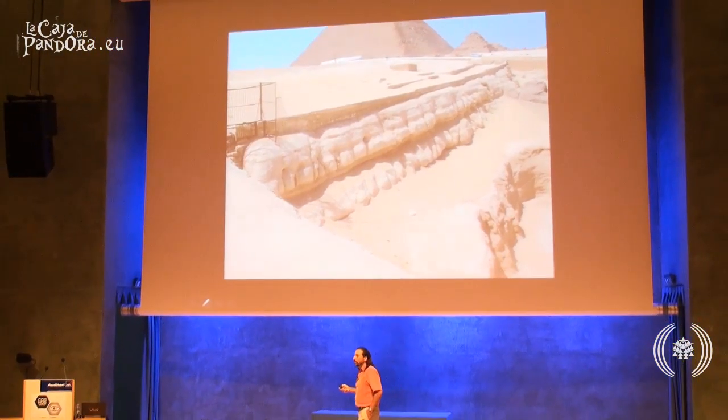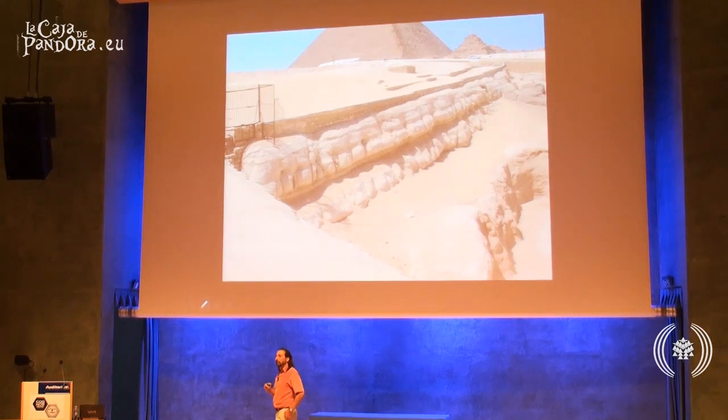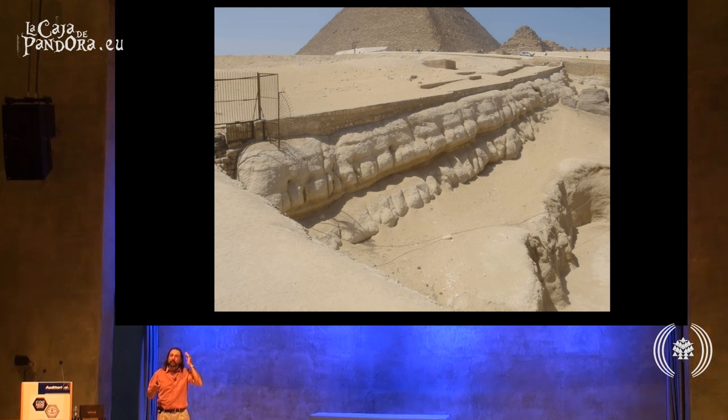And water erosion of this kind could not have happened in Egypt since 10 to 12,000 years ago. So now you don't have Egyptians 5,000 years ago going around with 200-ton blocks. You have people going around with 200-ton blocks 10 to 12,000 years ago. Now that's a problem,